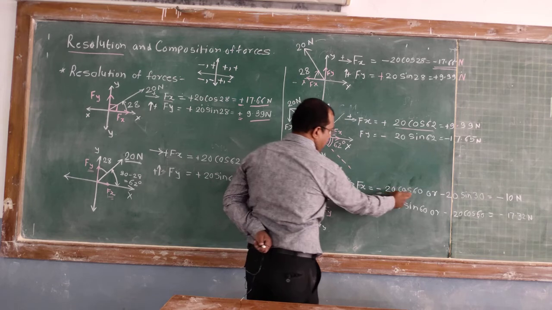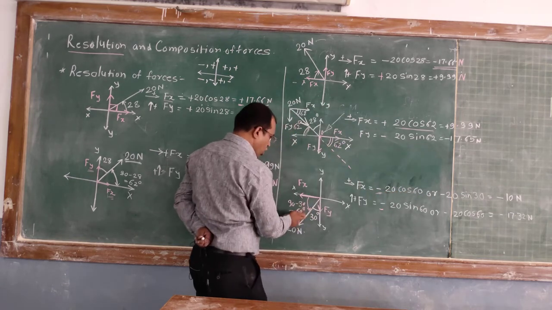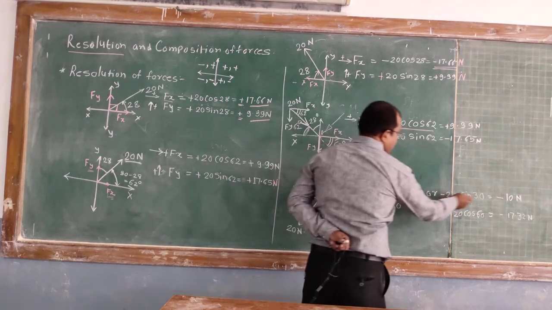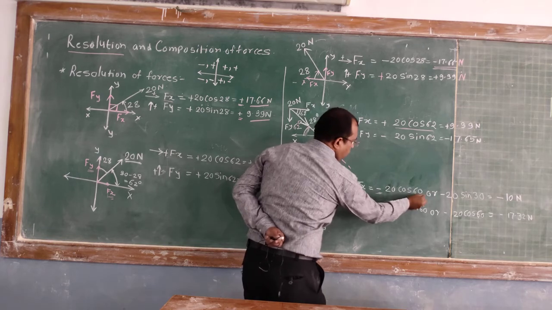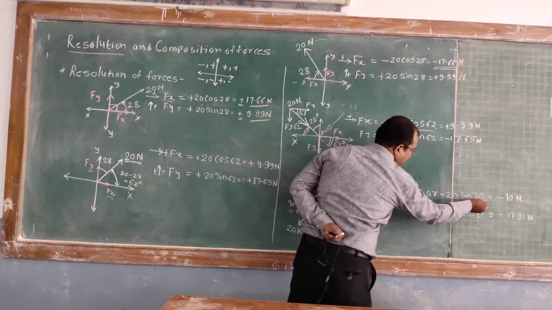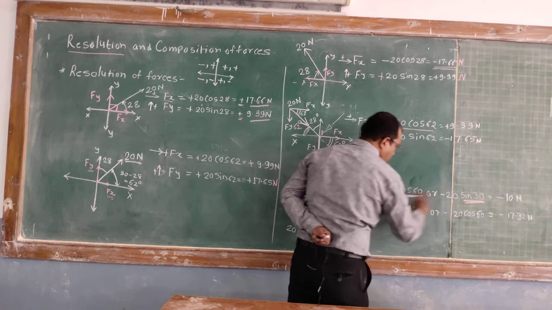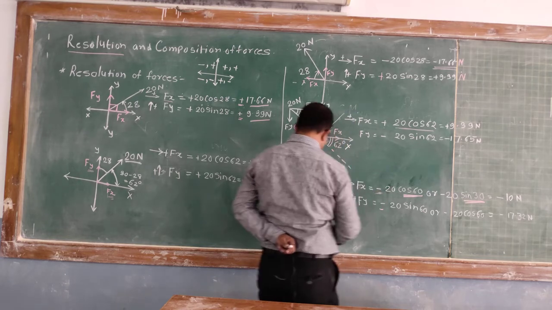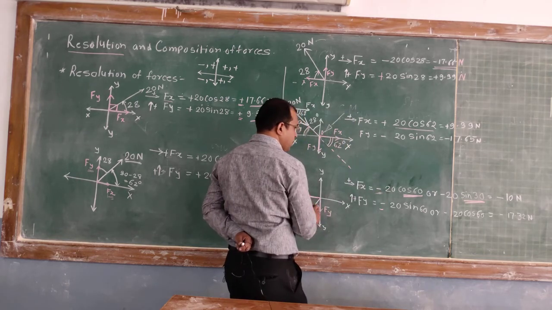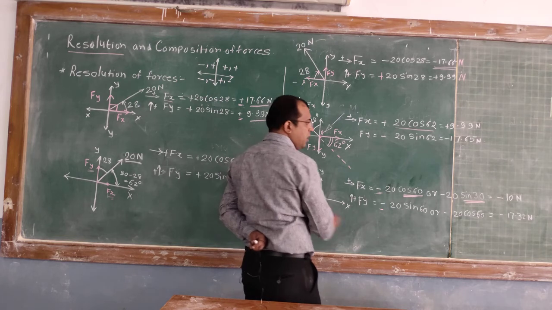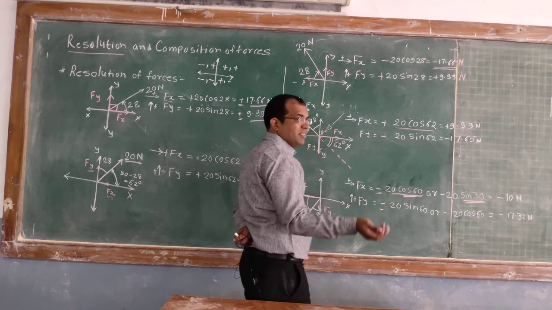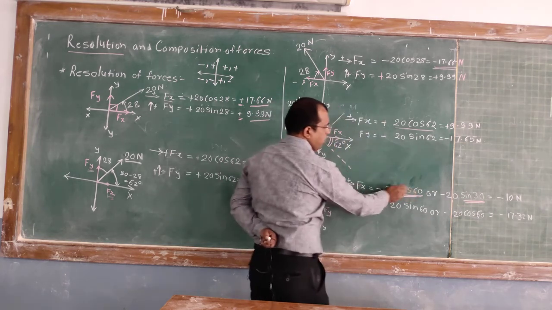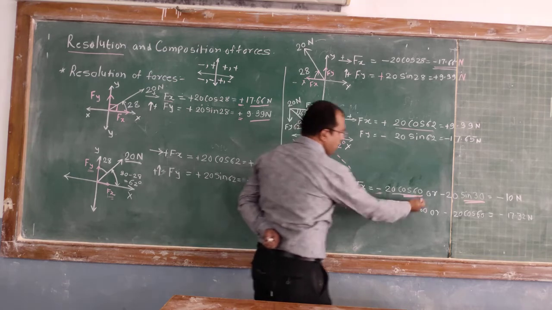Okay, so the x component is 20 cos of 60. Or instead of that we can write it as 20 sin of 30. Instead of cos, I have replaced it by sin. So please remember this conversion. When the angle is given with respect to vertical, the better way is to find the angle with respect to horizontal and use this formula. If some students are able to work with the vertical angle, they can use the sine. So instead of cos it becomes sine, and use the same angle here also.